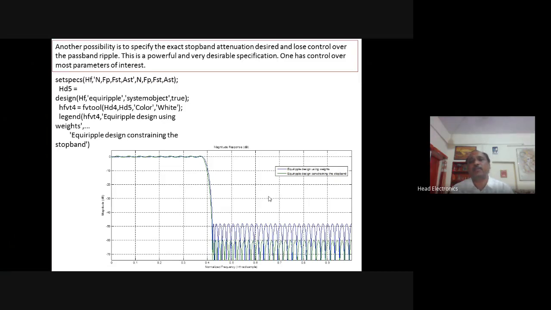Similarly, we have seen that if we are trying to maintain the transition band, then the improvement in the ripples in the pass band or ripples in the stop band can be achieved by the loss in another parameter here. That is, the enhancement in one parameter can be achieved by the loss in another parameter here. So these are the concepts which we have discussed in designing of the FIR low pass filter here.